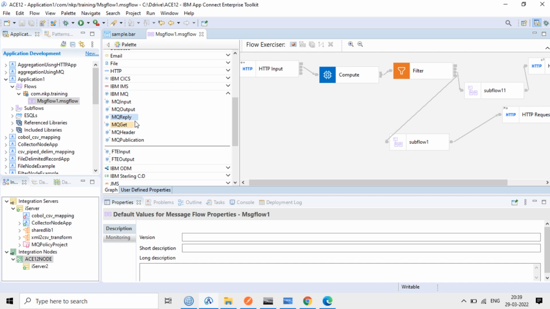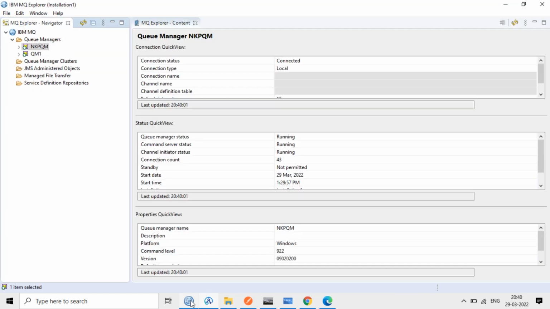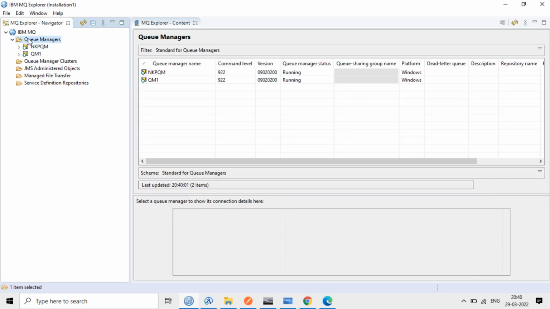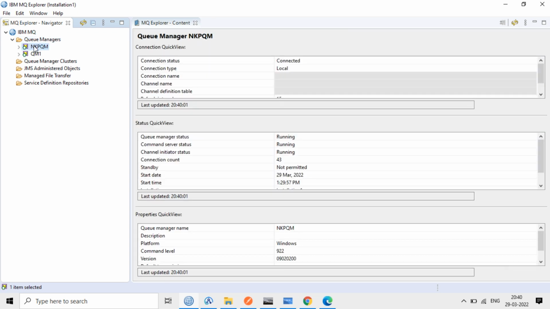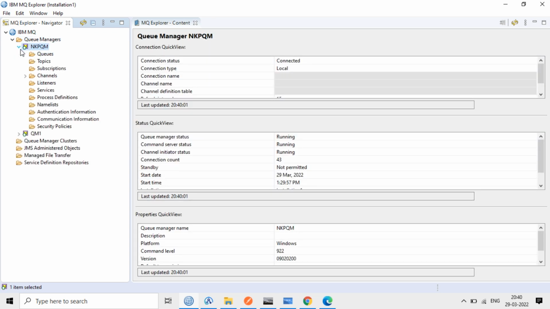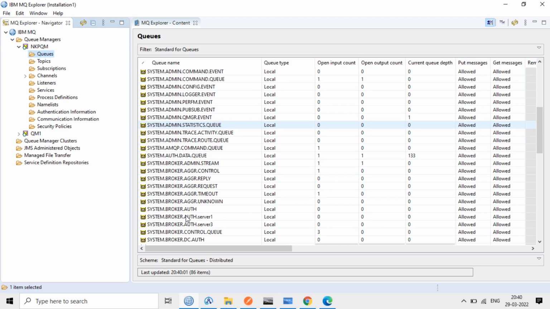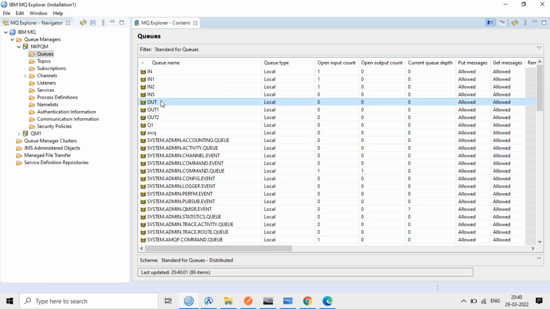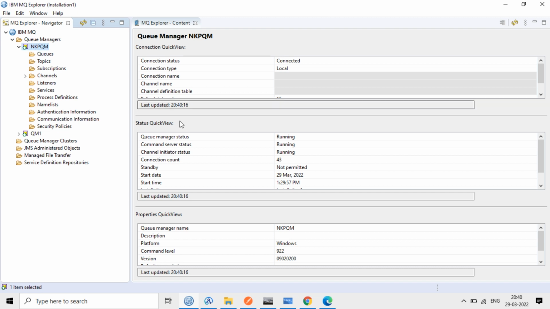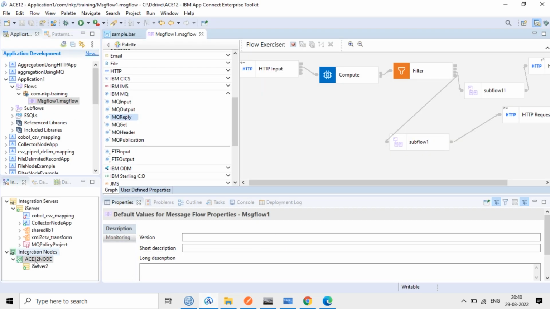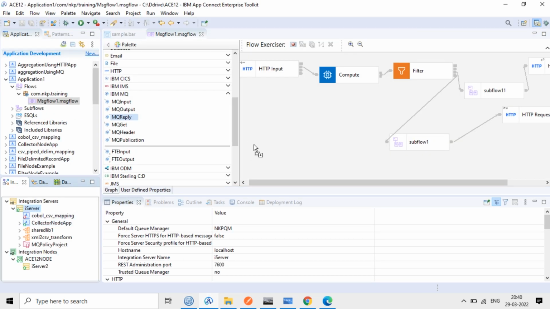When you have queue based communication, we should have IBM MQ installed in our system. So it's a queue based transfer that happens here. For that we have this IBM MQ here. When you install this, we can create a queue manager, and this queue manager has the queues for the communication. It has system queues and user defined queues. And this queue manager is associated with the integration node or the integration servers here. Then only we can